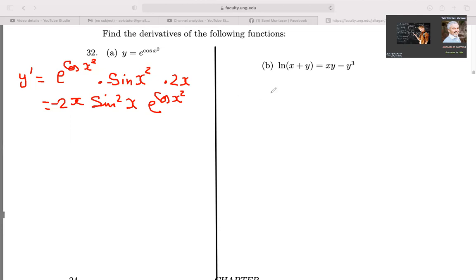Maybe I'm thinking this is simple, but this one is a bit more complicated because you're taking the derivative with respect to x, and you have y's all over the place. So the first thing you've got to do is take the derivative of ln(x + y), so that's going to be 1 over x plus y,